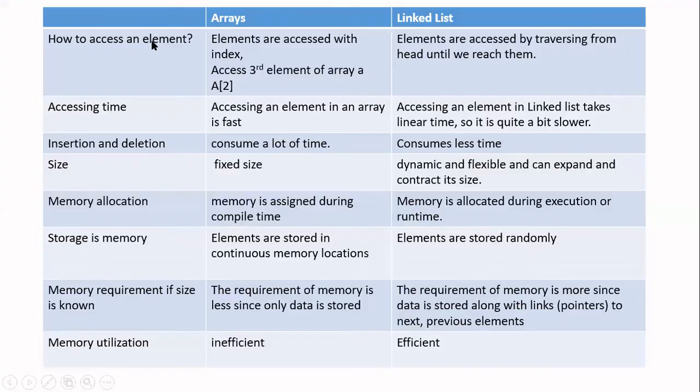Okay, so first we are going to compare based upon how to access the element. If I want to access the element in case of an array, I should give the name of the array and the index of the array element, like A of 2. If I give A of 2, from A, it will get the starting address of the array, and from 2, it will get the index. By using the formula we have seen, it will calculate the address of that element. You go to that address and take the element. It is very easy. It is called random access. So random access is possible here.